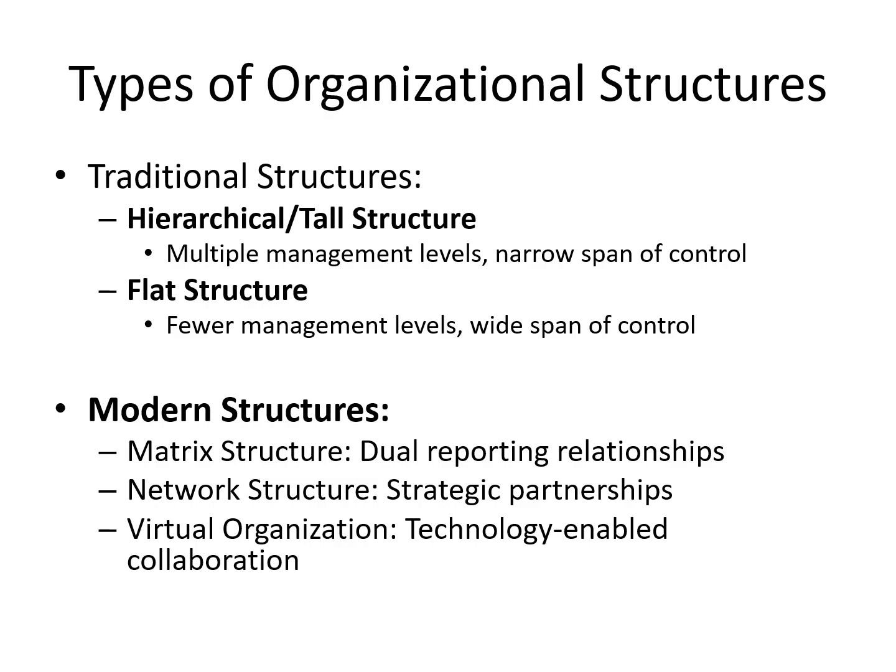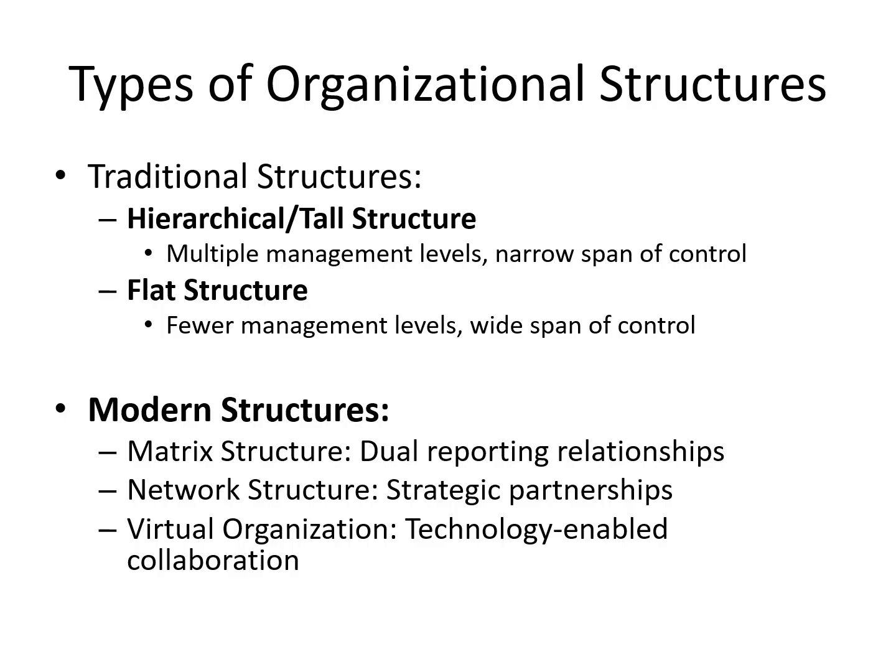We have the traditional structure, that is the hierarchical tall structure, from top to bottom. We have the director, CEO, then vice president, under vice president, general manager, managers, like that. And we have the flat structure, that is the fewer levels of management. In this, there is only an owner, then we have the manager, and then we have the worker. Basically, this type of structure is followed in small organizations.